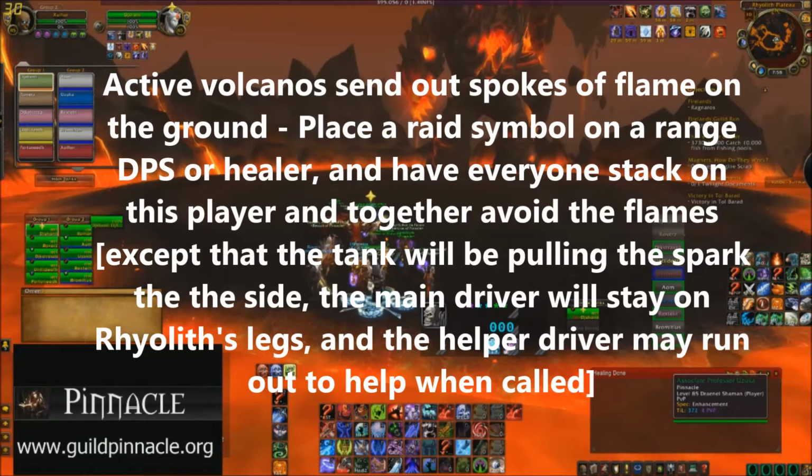And then everybody is stacked together to get AoE heals if there's some damage from the volcanoes, and AoE heals from the spark while the tank is pulling them out. So basically the whole first phase is only about the driver of the leg running the boss over active volcanoes, the tank pulling the big add, the spark that's doing a big giant AoE, pulling him away from the raid so the range DPS can kill him, and everybody stacking together and AoE killing the small adds that come, or the warriors can do their